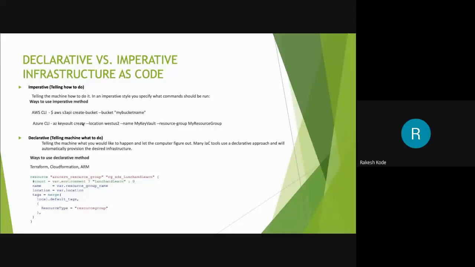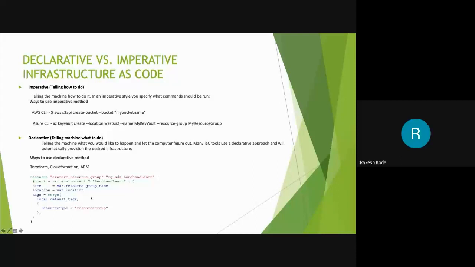Here's an example, a Terraform HCL example, where I'm trying to create a resource group called RG SDS Lunch and Learn. I'm providing the name here and a different location,